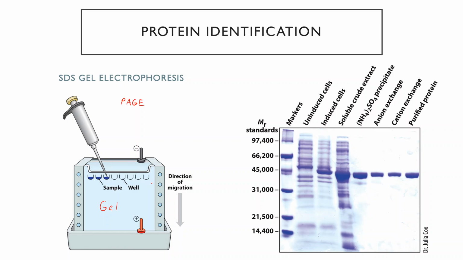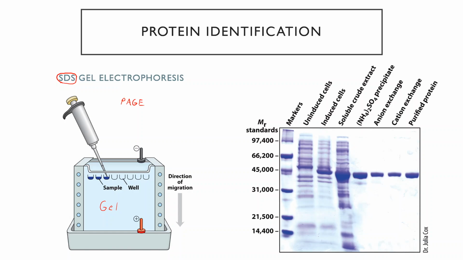So to deal with that problem, to deal with the fact that different proteins can have different charges depending on pH and everything else, you use this stuff here called SDS. SDS stands for sodium dodecyl sulfate. Basically, it's a type of detergent, and detergents just stick to things. That's how they work, and they make things more soluble by sticking to pieces of dirt or oil. And so that's what SDS does to proteins. It sticks to the proteins,